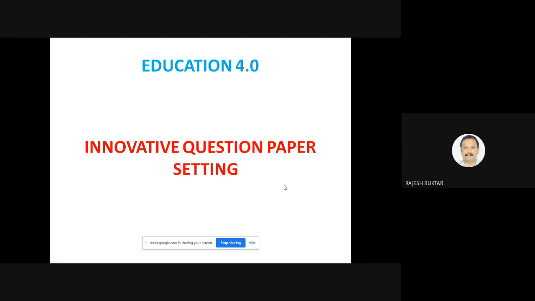And one more interesting topic which I said, that is innovative question paper setting. Once you understand that this technology can be used in learning, I already told you, being a technology tracker, you should start thinking about what are the other areas where I can leverage my AR. So this is the second area we started leveraging, for setting the question paper. So what can be the idea? Think for a second how AR can be leveraged for question paper setting.